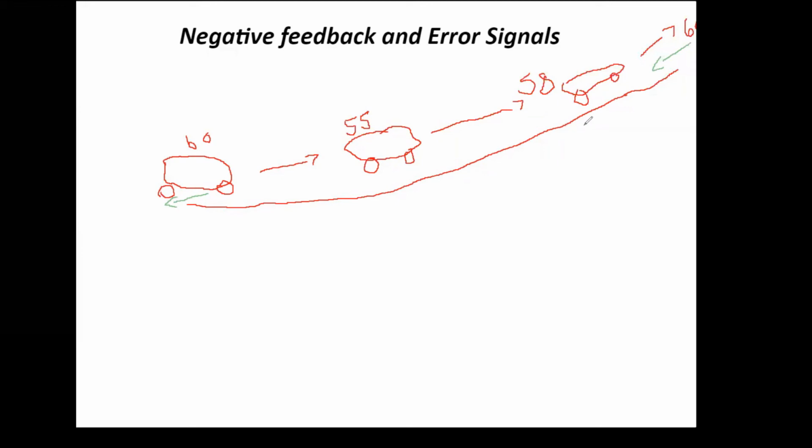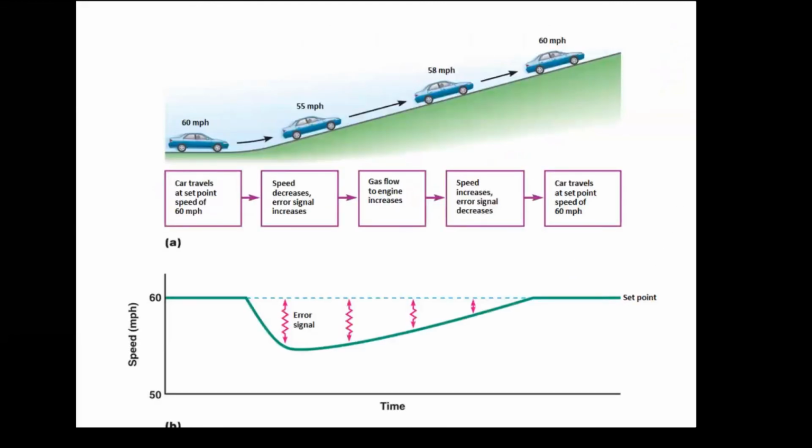And this is what's happening in your body as well as you're trying to maintain homeostasis. So your body is going to take note of the fact that our conditions have changed. And the way that it finds that out, actually, is it's going to note this change in this regulated variable. So I'm going to clear my drawings here. And we're going to take a look at basically what our body would be sensing under conditions like this, continuing to use this sort of analogy of a car going up a hill.